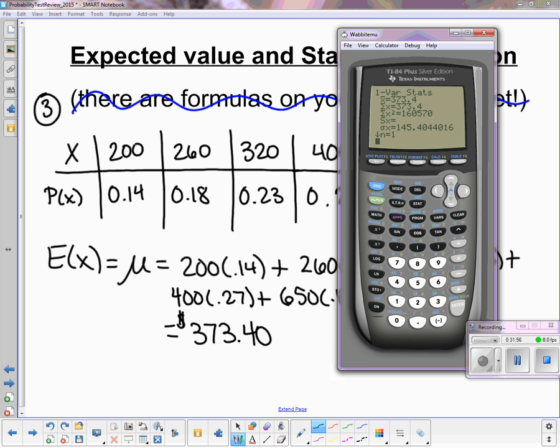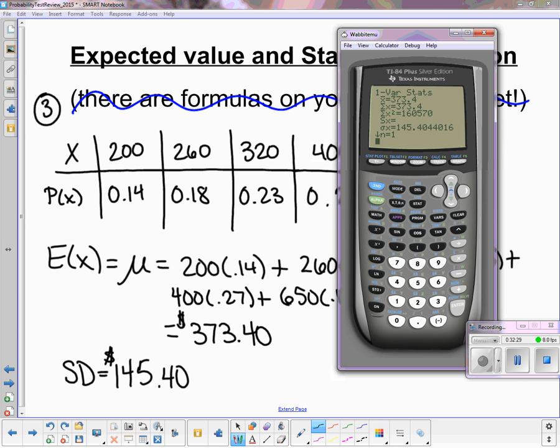What's the standard deviation? Normally, we use the SX, but I don't have an option for that here. So what should I use instead? The little sigma, the O with the tail, the donut that's got a side ponytail. Okay, so 145.40, round to the nearest cent. Very good. So my standard deviation is 145.40. In context,